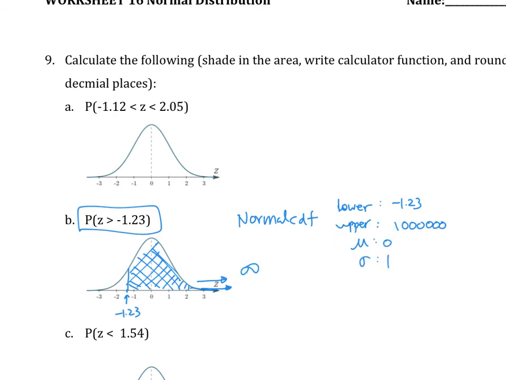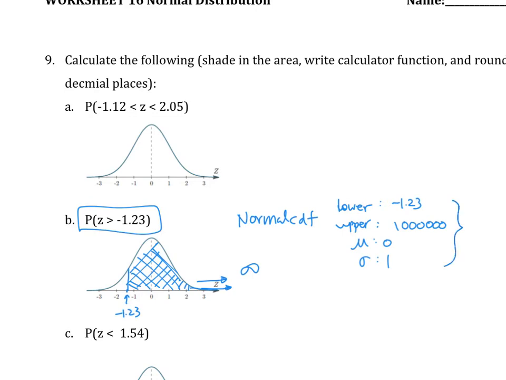And before I get the answer from the calculator, I'm just looking at this. It's definitely more than 50%. This is a lot, so maybe like 80%-ish. It's not almost 100%, but it's a pretty good percentage, right? So I have an idea what answer I'm supposed to get.